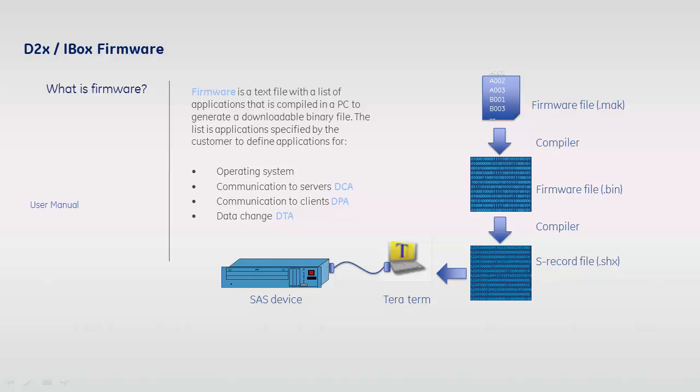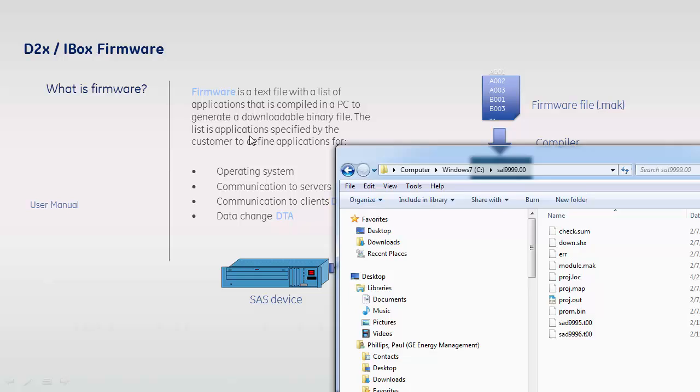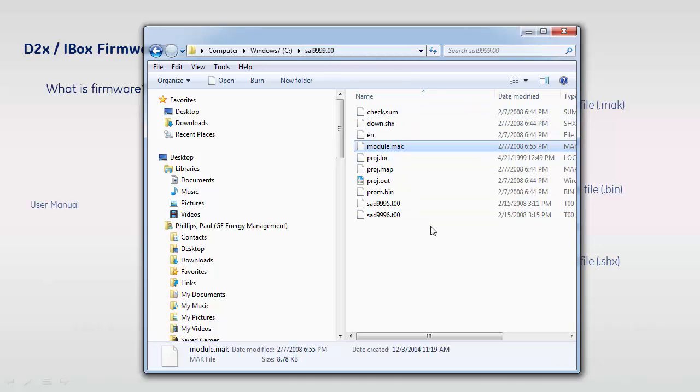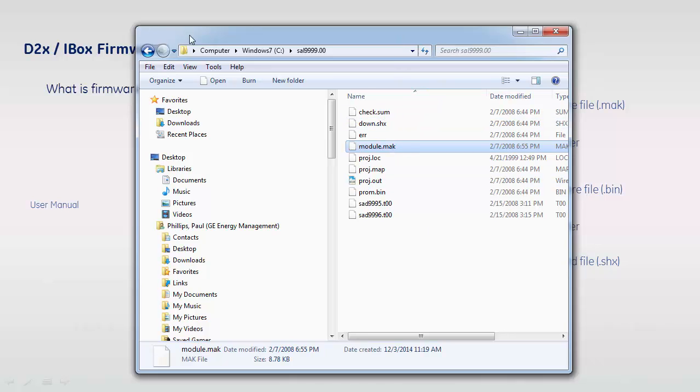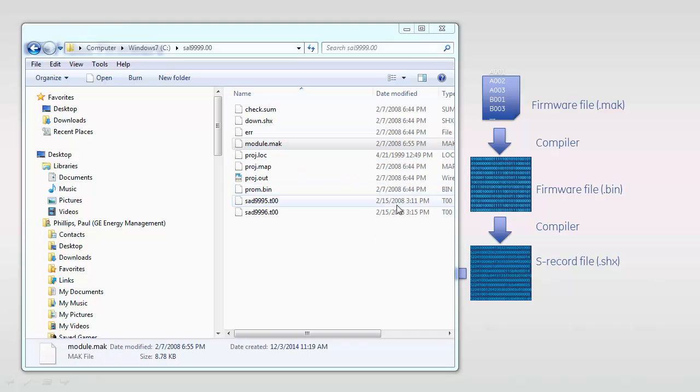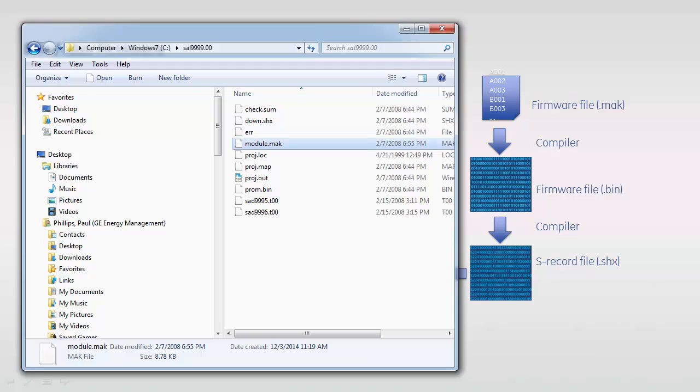So for example, for a D25, I've got this sal999.0 folder. In this folder, I find the module.mac file, and I find the .shx file, and I find the prom.bin file. Okay, the module.mac file, once we open it,